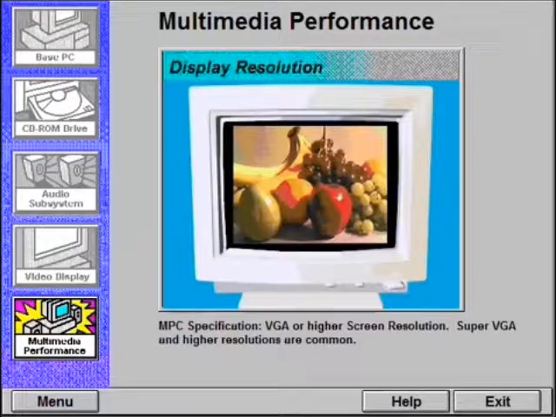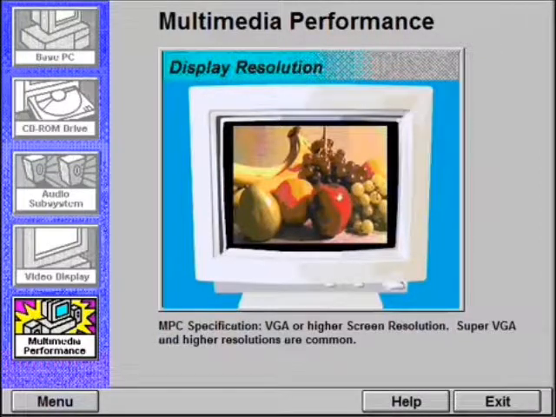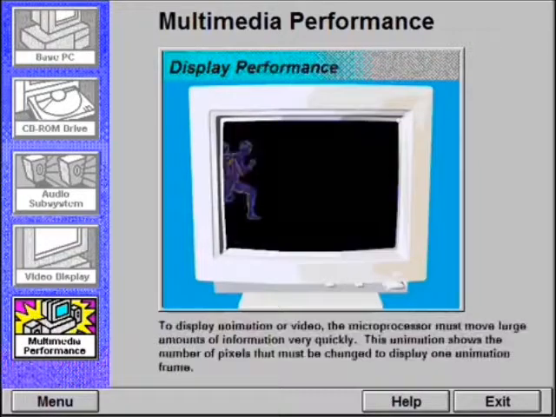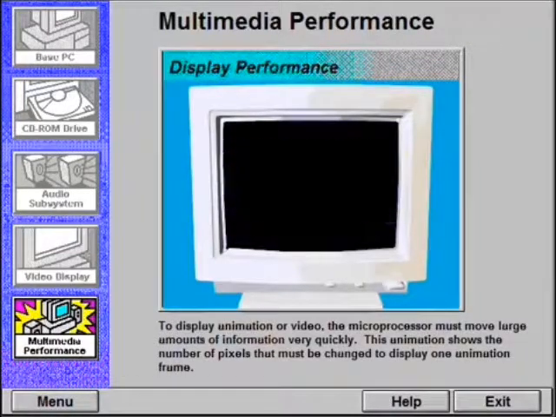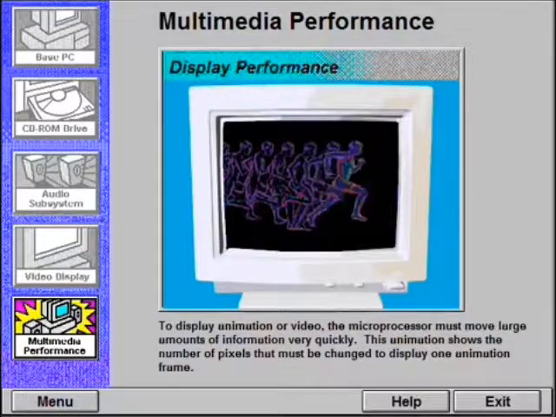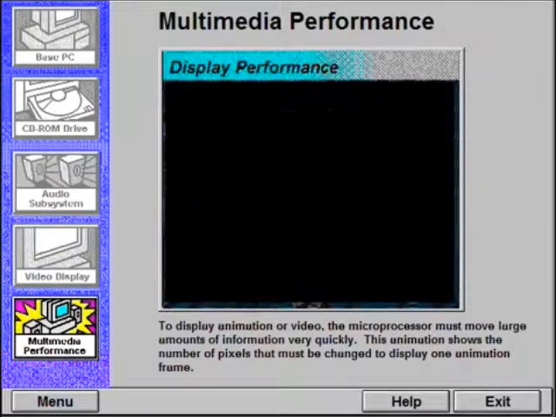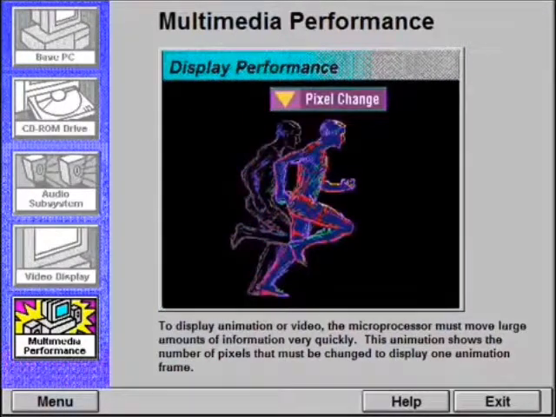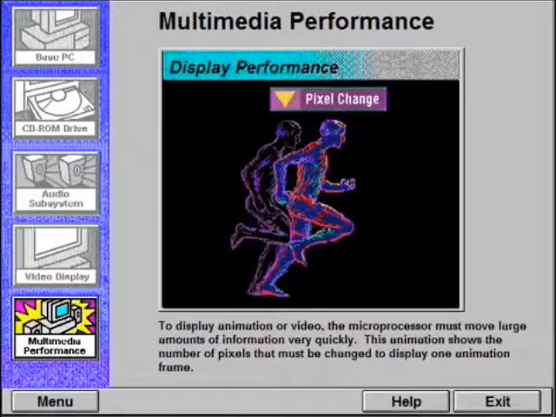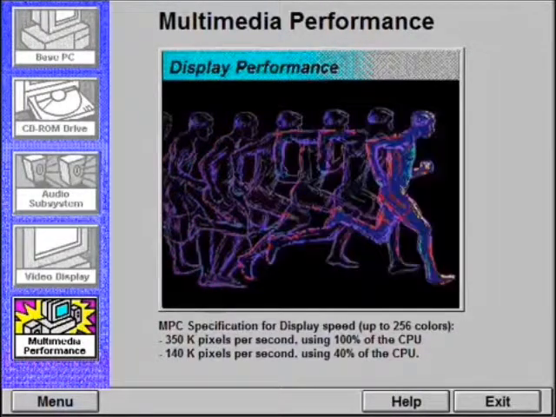The MPC specification requires VGA or higher resolution. Animation and video require screen images to be moved very quickly. To do this, the microprocessor must be able to move large amounts of information with great speed. Here we can see the number of pixels that must be changed just to display one frame of the animation. Moving images may look slow or choppy on video displays that don't meet